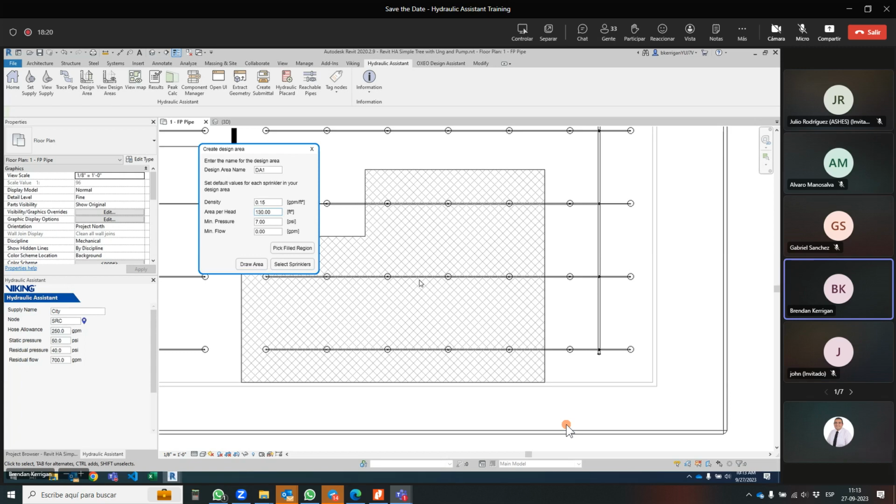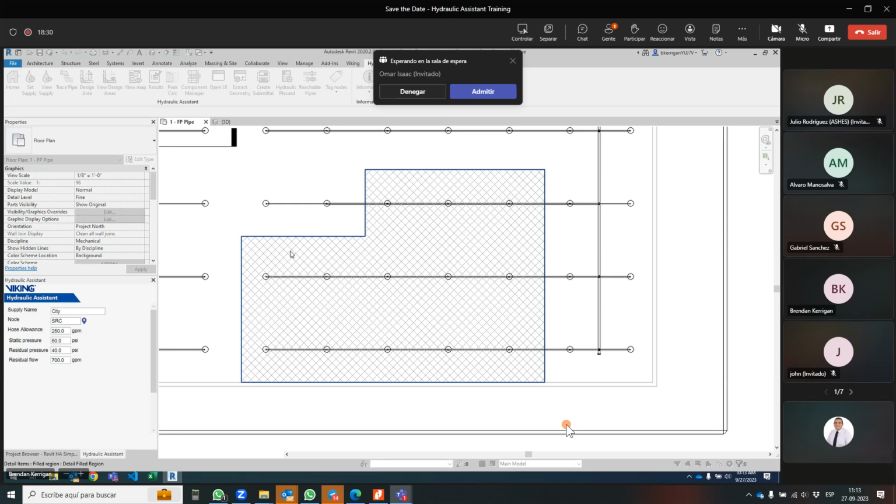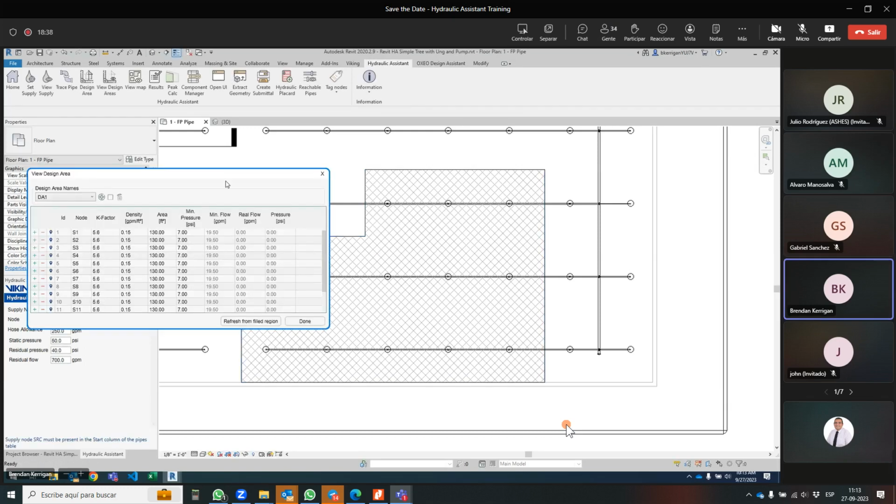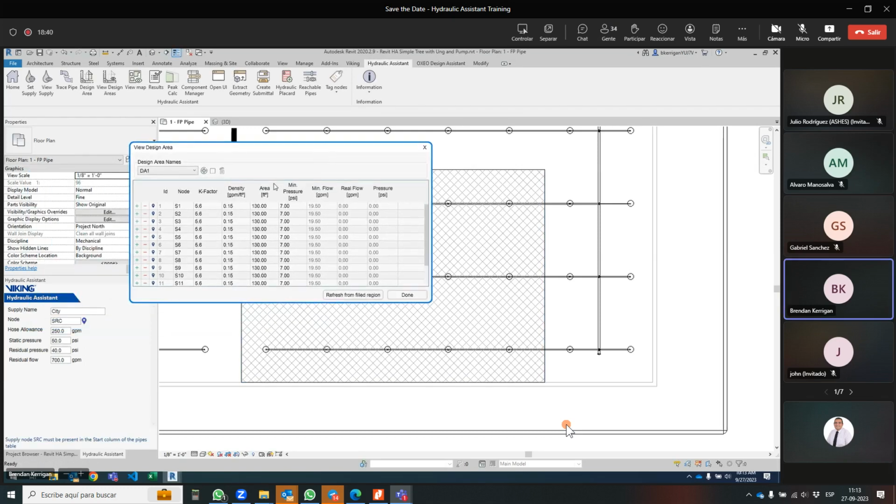So both options work pretty well. Select Sprinklers is obviously a little more tedious, but more specific. So for this demo, we're going to use the Pick Filled Region option. And then this is just going to put us into a mode to go grab a filled region out in the model. So if I select my filled region here, I'm going to get a little pop-up, and it's going